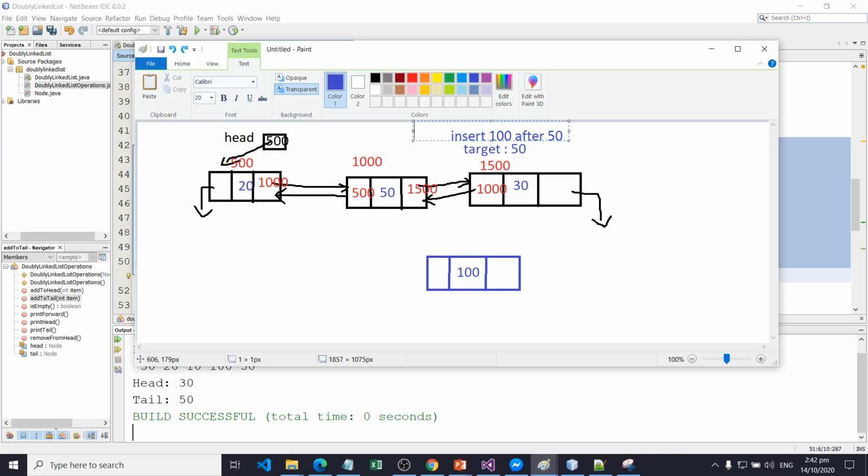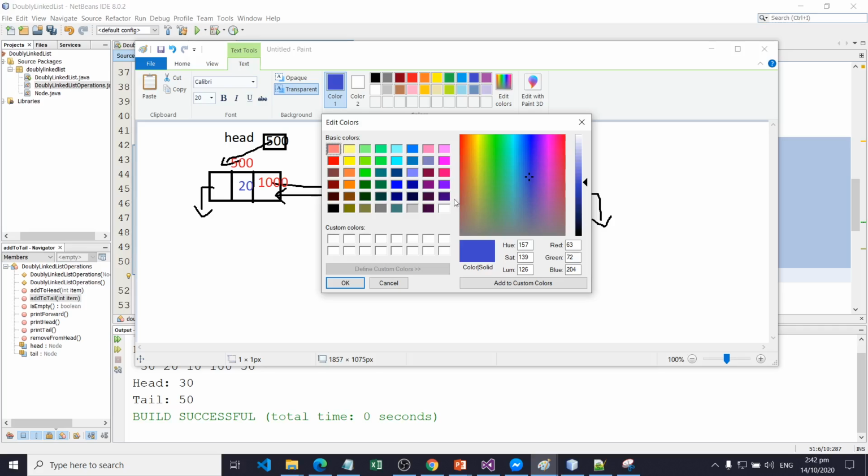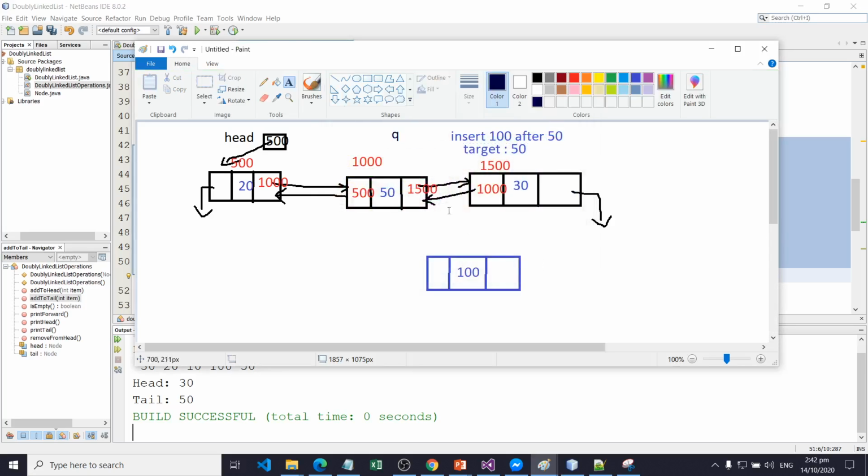We will be using a reference variable like q, and this time we'll be using this color. q will point to the node next to our target. So let q point to this node.